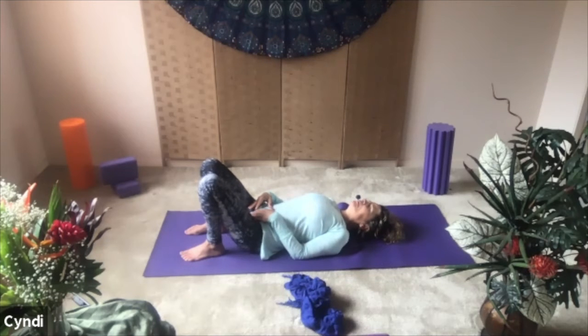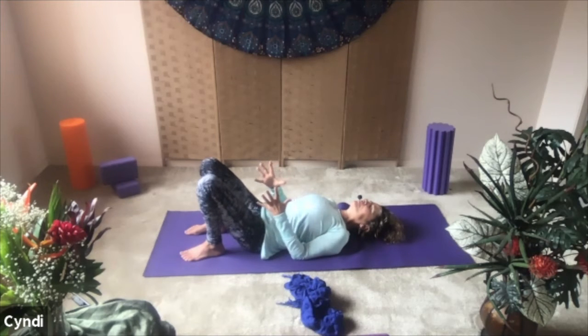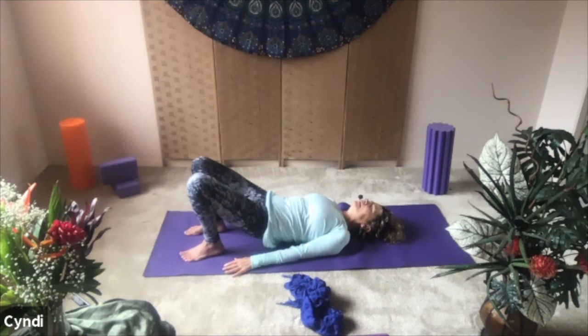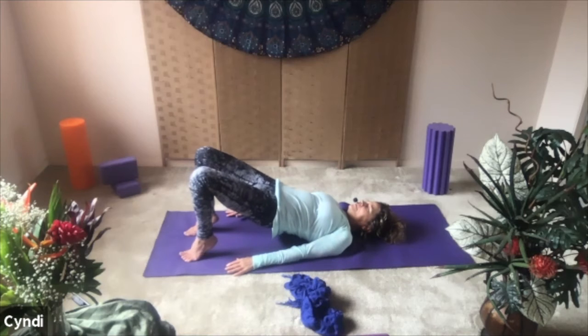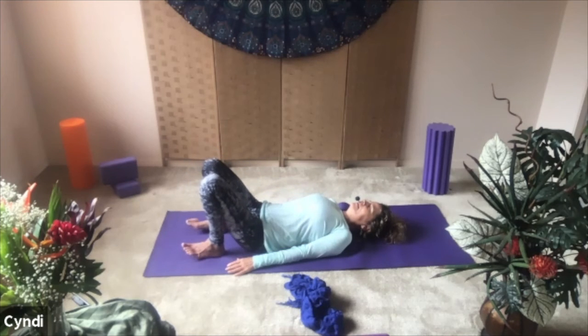Good. The 3 pumps of the body. This is one. The other one is in the calf muscles. When we contract and relax the calf muscles, it pumps the blood flow from the legs back to the heart. So let's add that one as we lift the heels, contract, and then lower the heels and relax, lift the